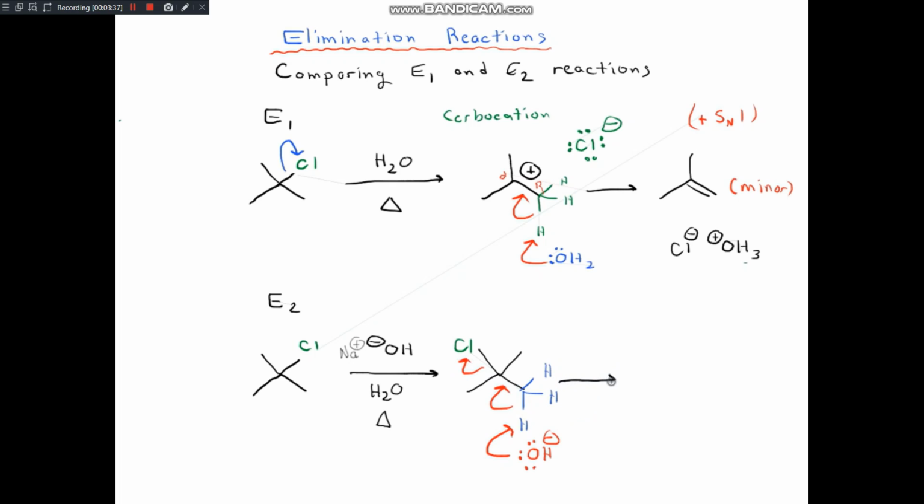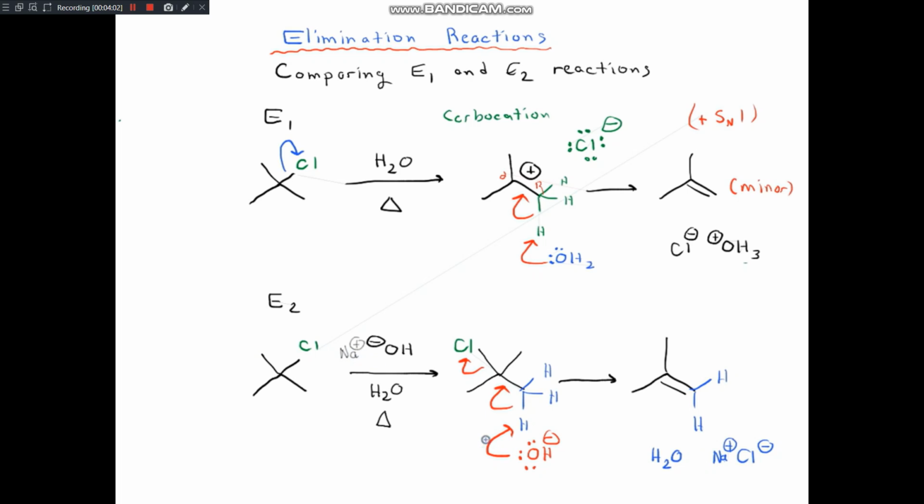So we're going to lose our chloride as a leaving group. And that is going to give us our product here. This is the E2 product. And we will also generate water because we're forming a hydrogen to oxygen bond. And we're also going to form Cl minus, which will be accompanied by Na plus as a spectator ion